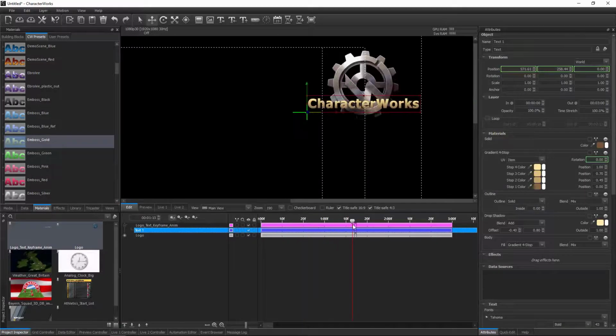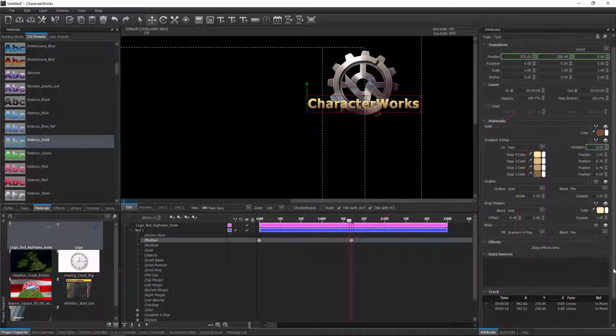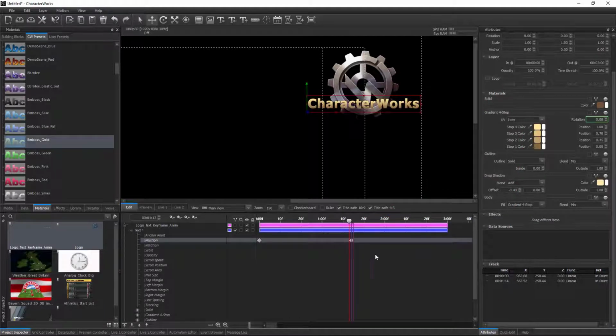Something very similar needs to be done for the outro section, which will be played when the motion is finished. Right-click on one of the position entry boxes and select track from the menu. This will display the keyframes in the track box and attributes, as well as the project inspector. Hold down Ctrl while left-clicking on the timeline, and a copy of the nearest keyframe will be placed at the location where you clicked.